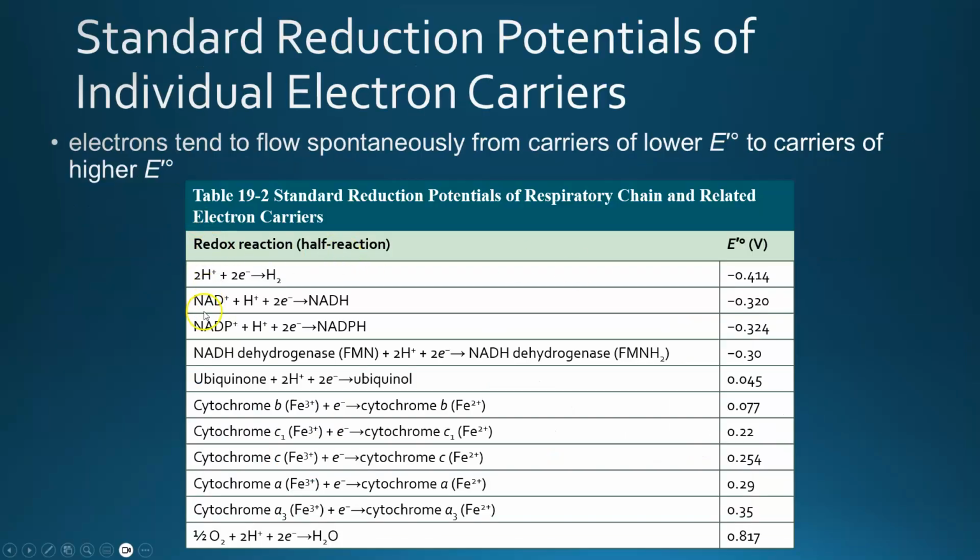And if we start with the NAD reaction, notice that we are going from a negative towards a positive, each time going downwards towards a more positive reduction potential. So each of the reactions that you see, skipping this one for now, but it's about the same. NAD transfers electrons to FMN, to coenzyme Q, to cytochrome B, C1, C, A3, and finally to oxygen. This is not listing every single step of the electron carriers, but some of the major ones.